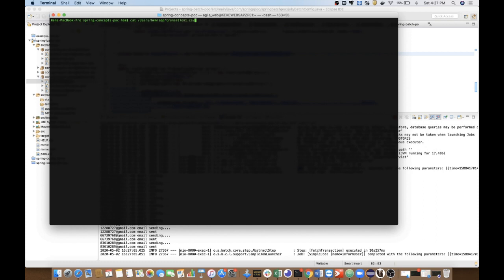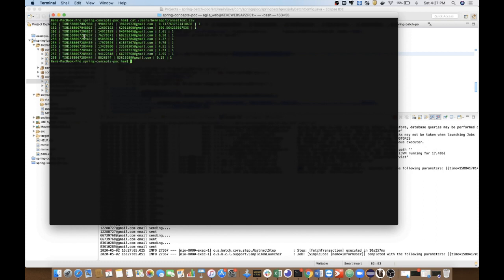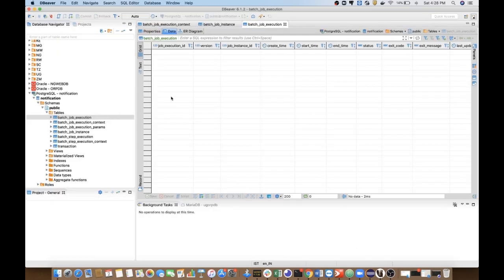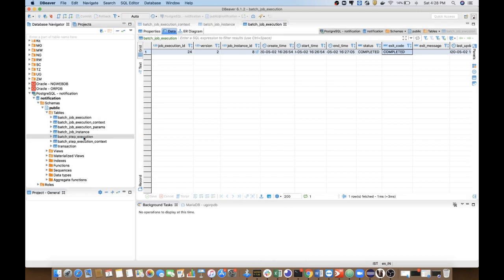Okay, so I do have the transaction ID, the number, the amount, and the email ID. Fine, so we have written the information in the file. The step has done its job, and the job has completed all its tasks. So what is the change in the database? Let's check. Refresh it. There are 24 executions, version 2, job ID 8, and the status is completed. And what about the step execution? Step execution and job execution are the